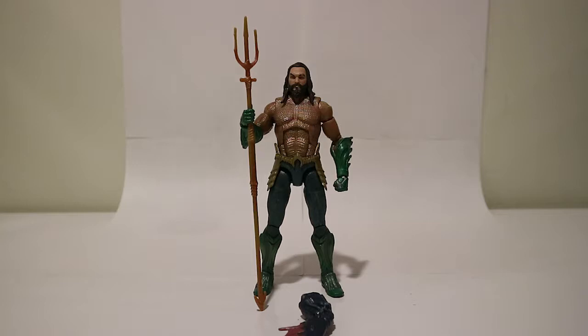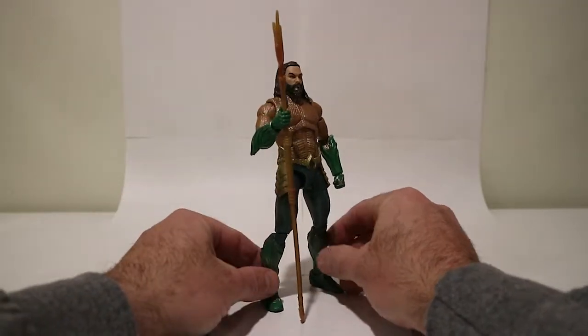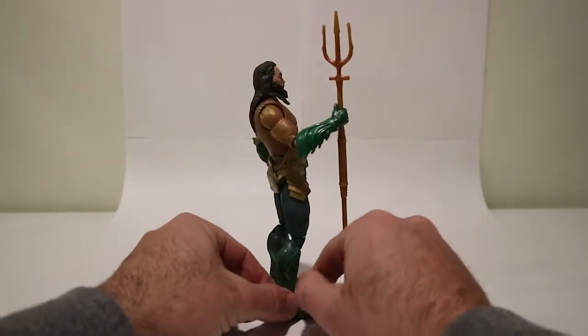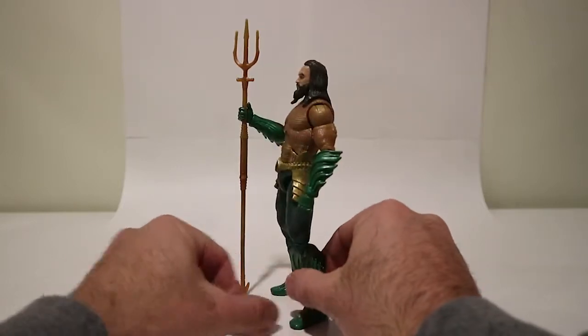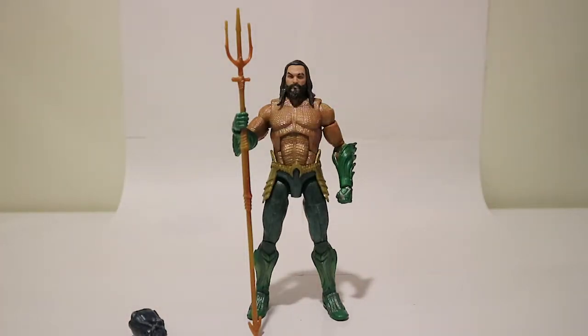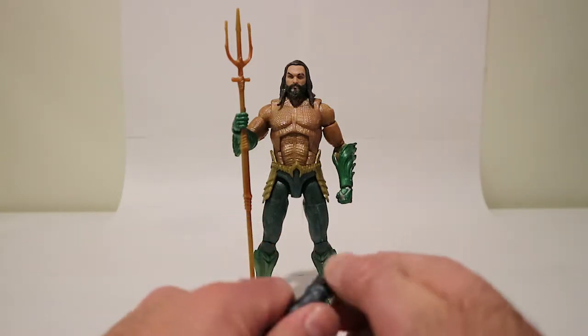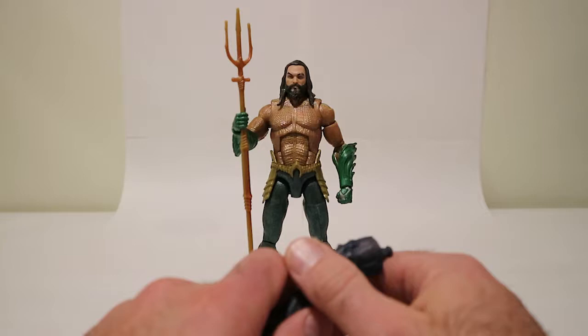And we're back with Aquaman. So, here we have it. Aquaman from DC Multiverse, and the Aquaman film by Mattel. Okay. So, it's okay. I mean, it's not the best figure, but if you're into Aquaman, if you like the movie, or if, when it comes out, you like the movie, and you are also a collector of the Multiverse line, where it mixes the Justice League with the comic book figures and all the movie-related characters and likenesses, then I think you're in a pretty good position to pick this up. As far as a figure goes,